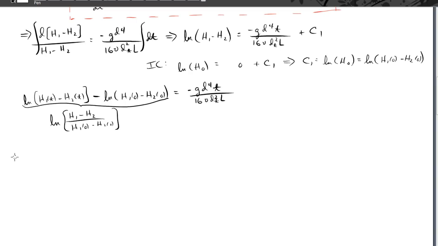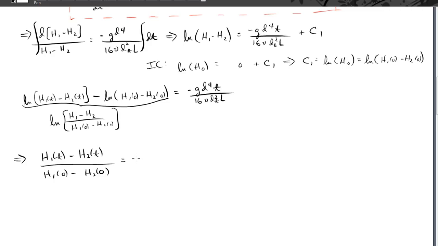And so what we find is that after we exponentiate it, we have h1 of t minus h2 of t divided by the initial height difference, h1 of 0 minus h2 of 0